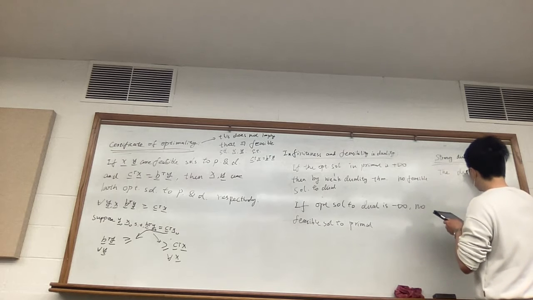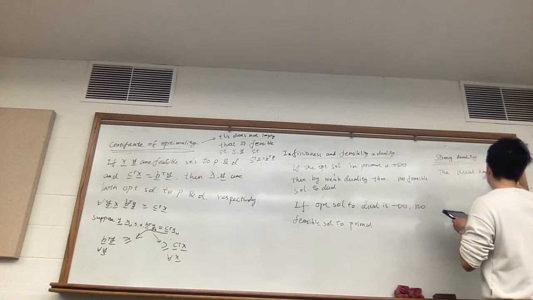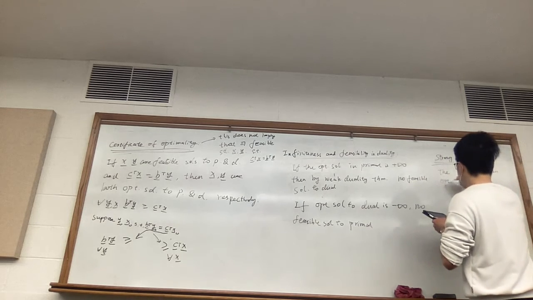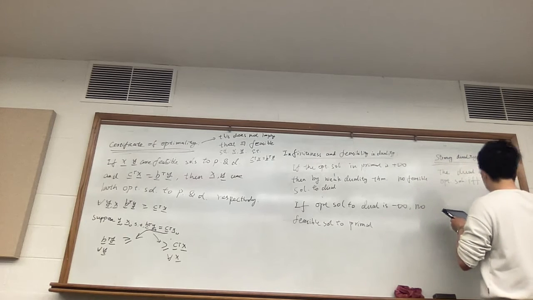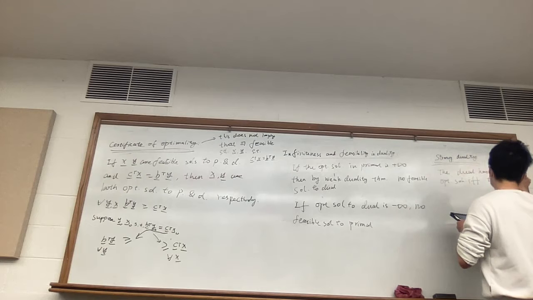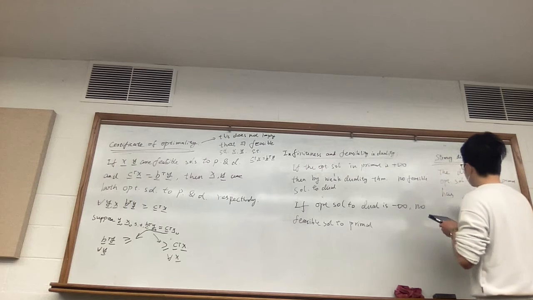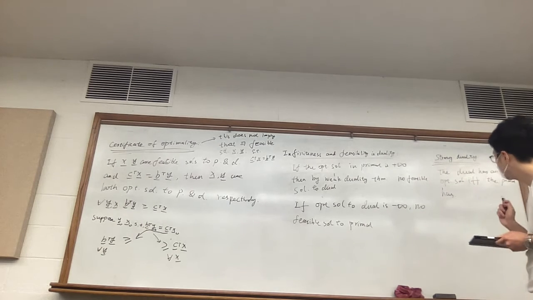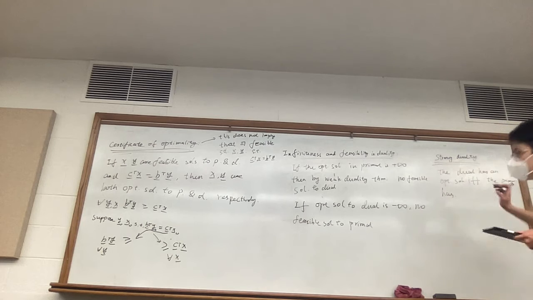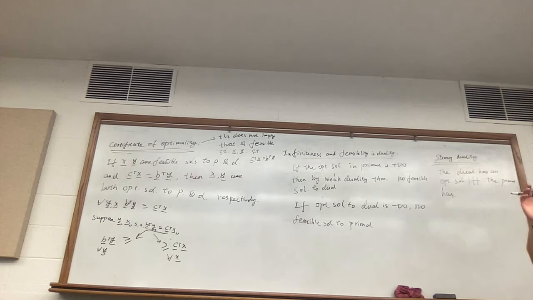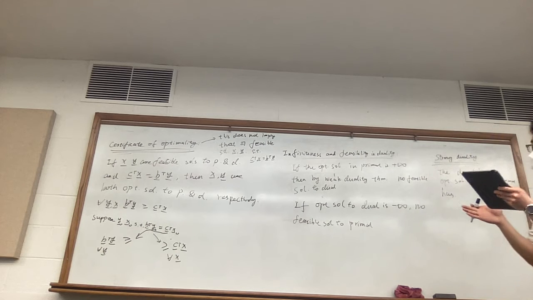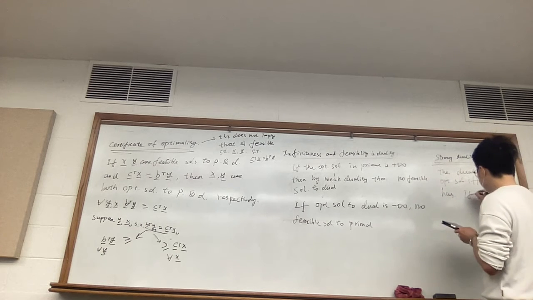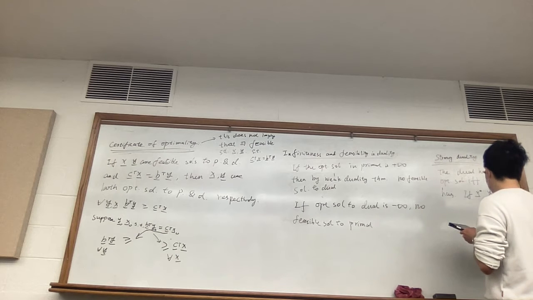The dual has an optimal solution if and only if the primal has, or say that our primal problem has an optimal solution if and only if the dual has an optimal solution. So they happen simultaneously. And then if x star and y star